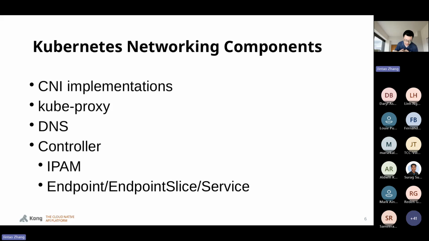pluggable framework that supports a wide range of networking features, including network segmentation, policy enforcement, and overlay network. Choosing the right CNI implementation is critical as it influences the networking performance, security, and scalability of your Kubernetes cluster. For example, a few years ago, Flannel, which was widely used,